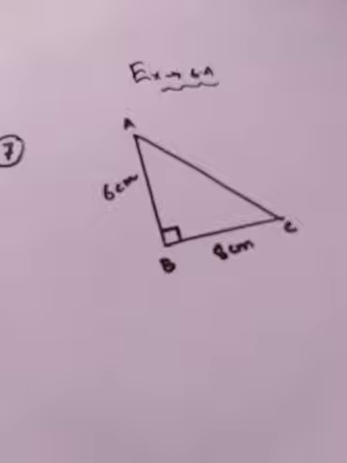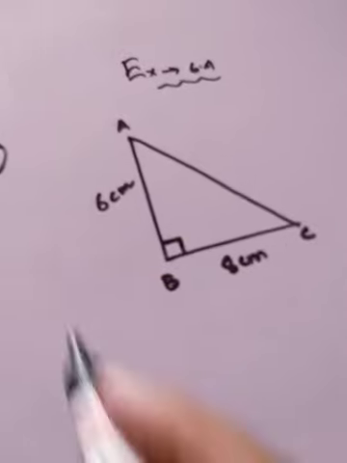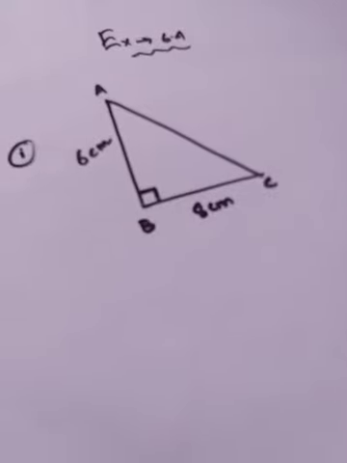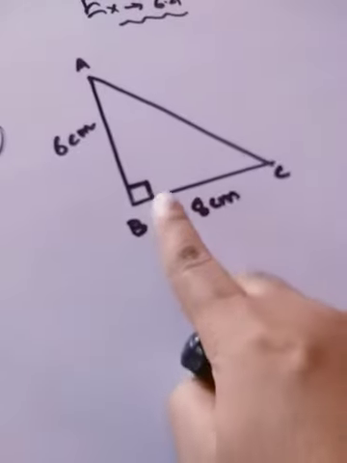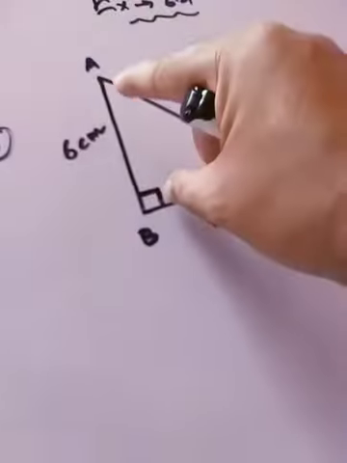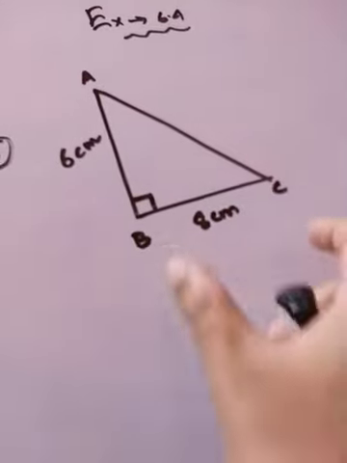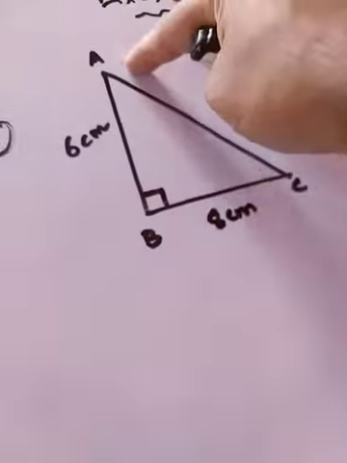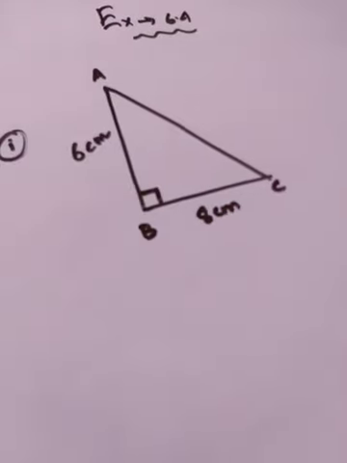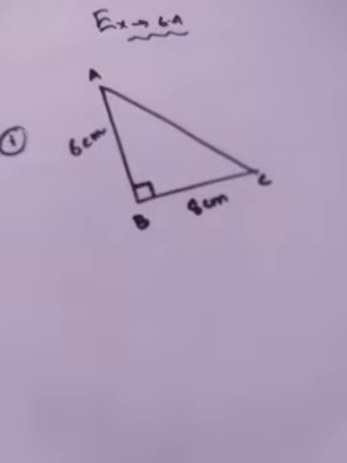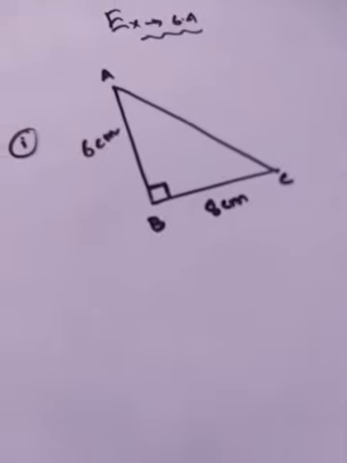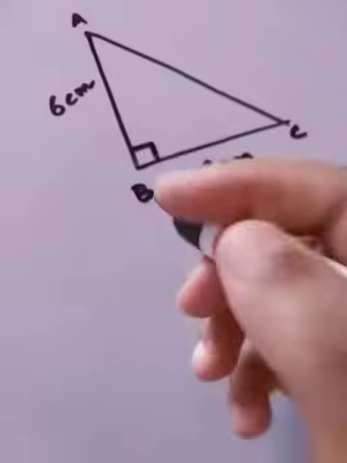This is question number 7. So in question number 7, sum number 1, they have said in right angle triangle ABC, where angle B is 90 degree, AB is given 6 centimeter and BC is given 8 centimeter, you have to get the length of AC. Now for this type of sum, we use a theorem called Pythagoras theorem. Okay, this is a theorem that we'll use.